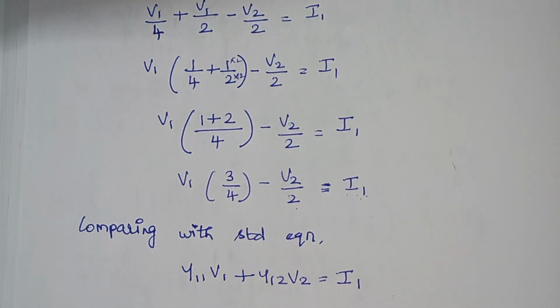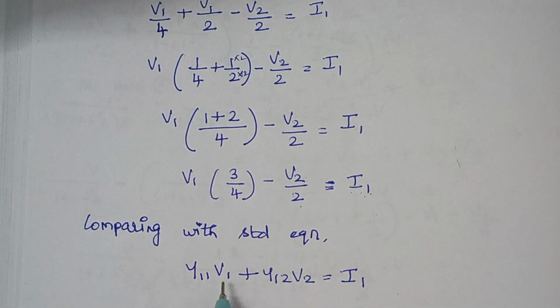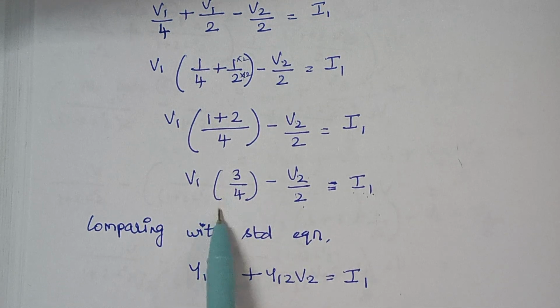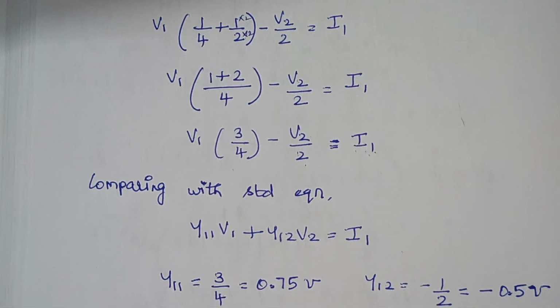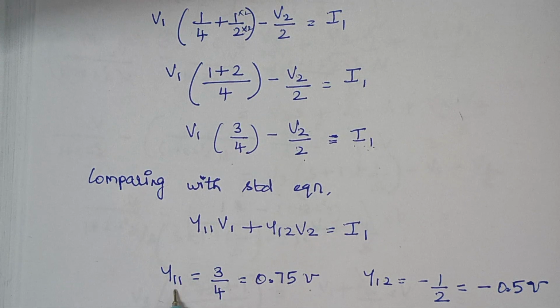So when you compare, this is your standard equation. Once you compare, you see V1 is here, and in the place of Y11 I am having 3 by 4. So Y11 is nothing but 3 by 4,